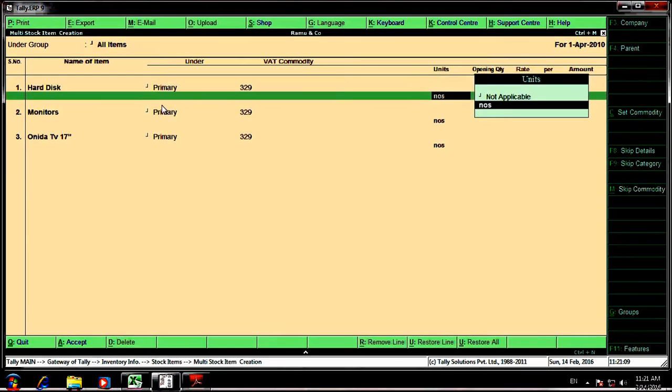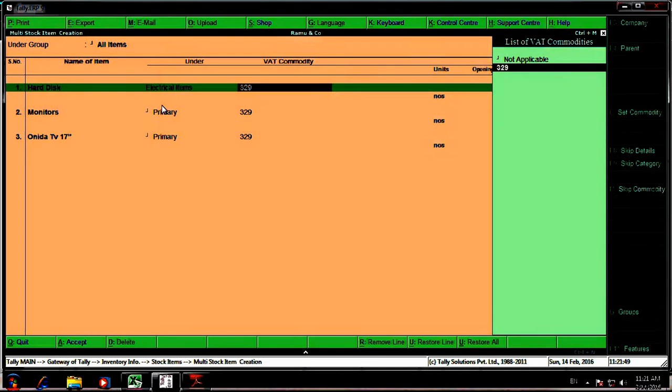Under group, this also you can create from here itself by pressing Alt C, electrical items, E, electrical items. Electrical items.